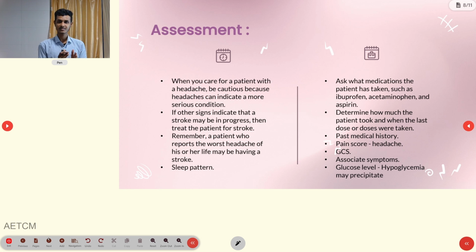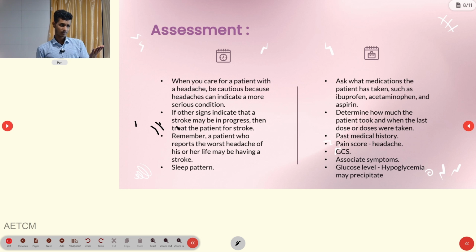While assessing, we have to clarify first. In a pre-hospital situation, we have to rule out the major life threat first. If you think about stroke, you have to rule out the stroke-related things, so we can do the FAST assessment: facial droop, arm drifting, and slurred speech, those are the signs that will occur in a stroke. And then we can think about seizure-related things. The aura stage of a seizure can also have headache, so we can rule out seizure-related things.